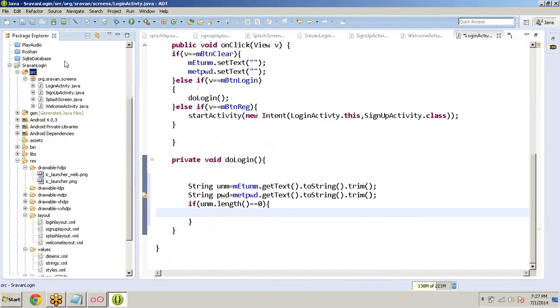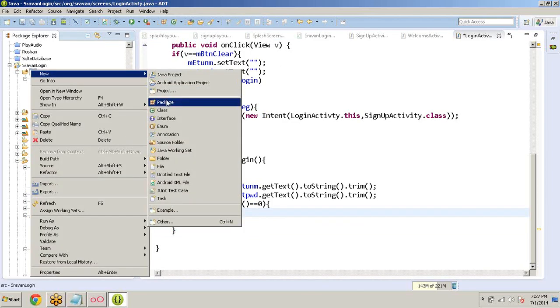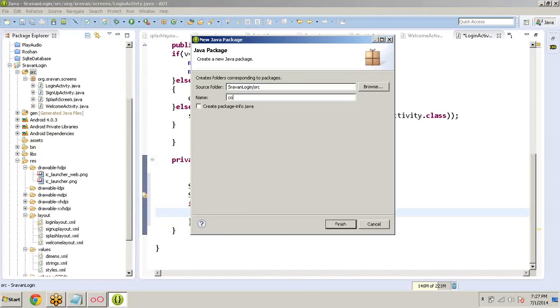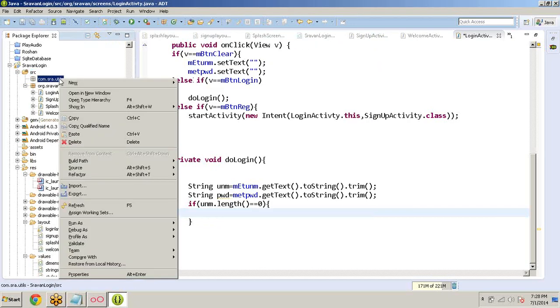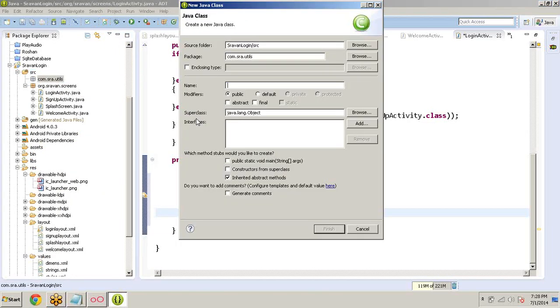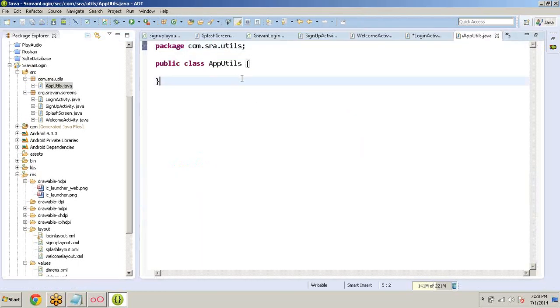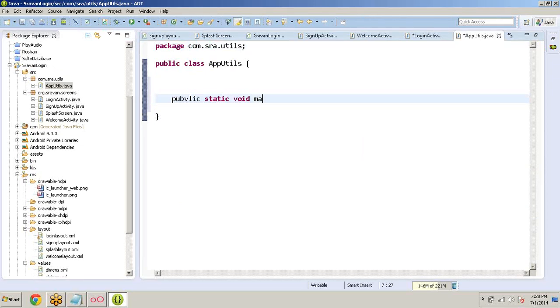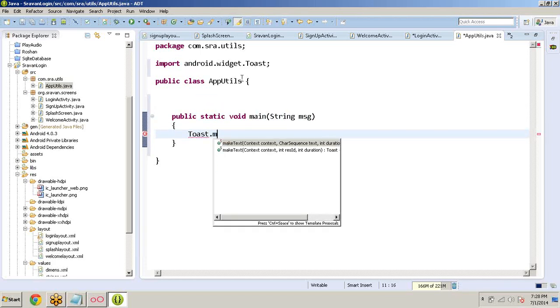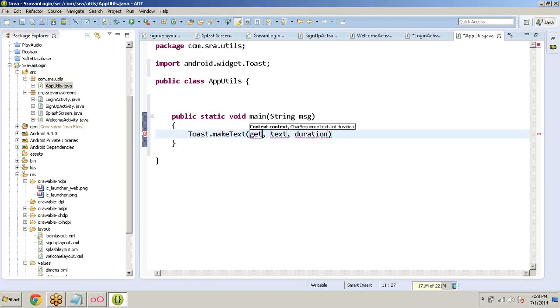I'm going to create one more package in my same application. Right click, new package, com.sra.utils. I create one more user defined package. In that I'm going to create one class, AppUtils. In AppUtils I want to write some methods. Public static void toast, string message. Here Toast.makeText,